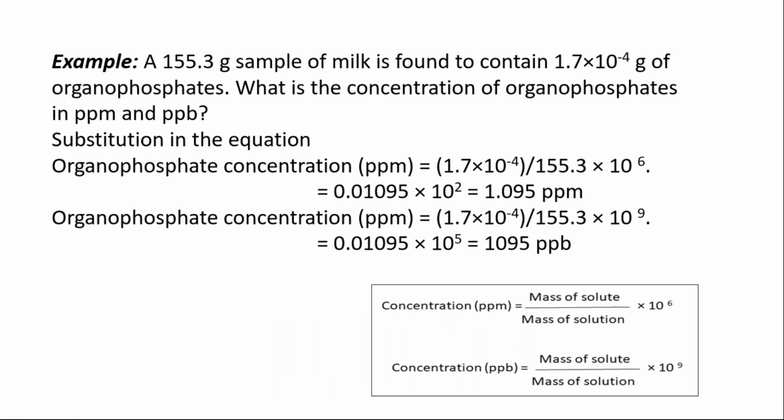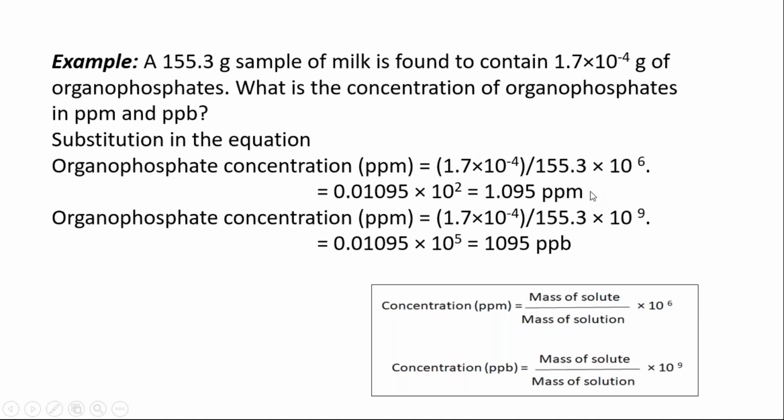So now do this problem. If you have 155.3 grams of a sample of milk and it is found to contain 1.7 into 10 to the power of minus 4 grams of organophosphate, what is the concentration of the organophosphate in ppm and ppb? So you substitute in the equation. So it will be 1.7 into 10 to the power of minus 4 divided by 155.3 into 10 to the power of 6. So which is equivalent to